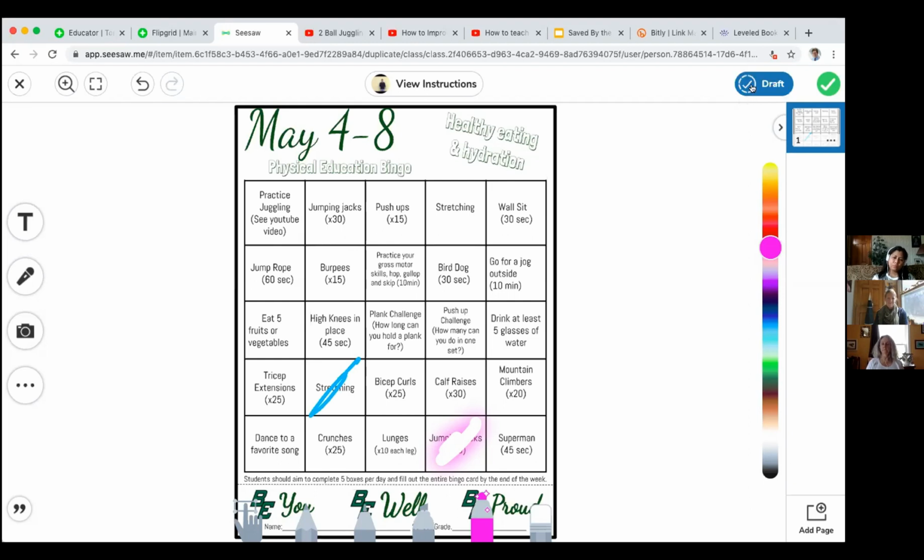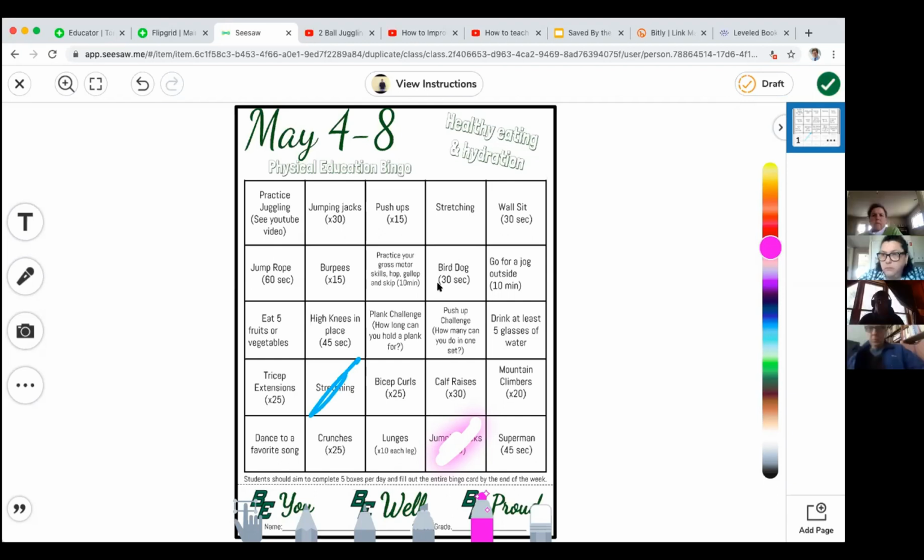The unfortunate thing is that this draft option is only available if you have a paid account. So that's something you're going to have to find out from your tech department or whomever if you have a paid account to have that accessibility. But if you don't, you still can go through and do this check mark. It's just it makes a submission every time. So if we click that,